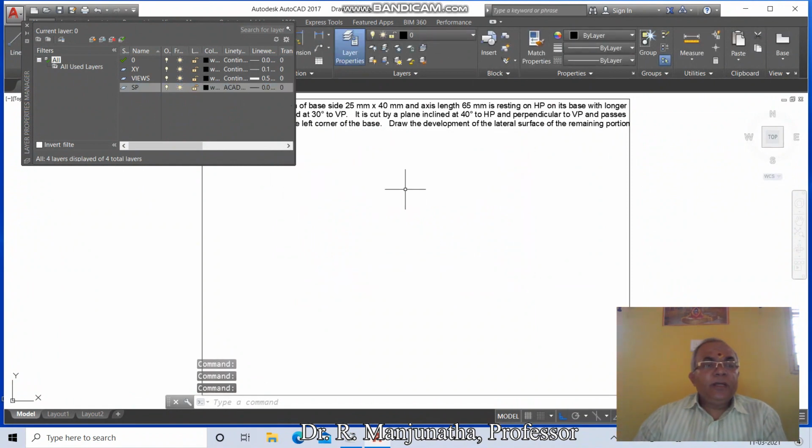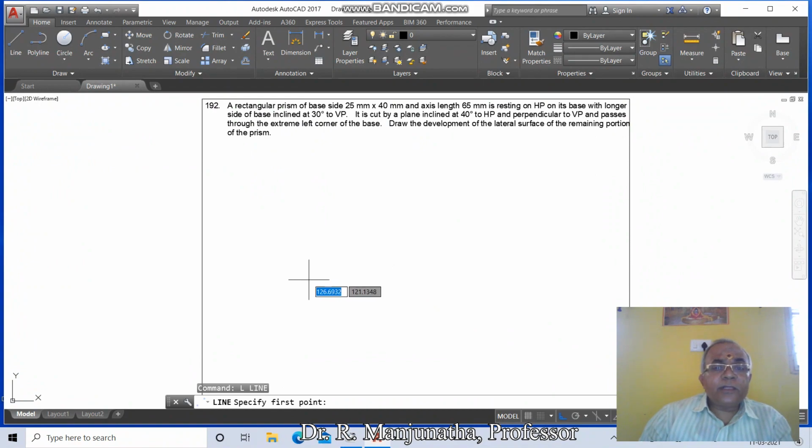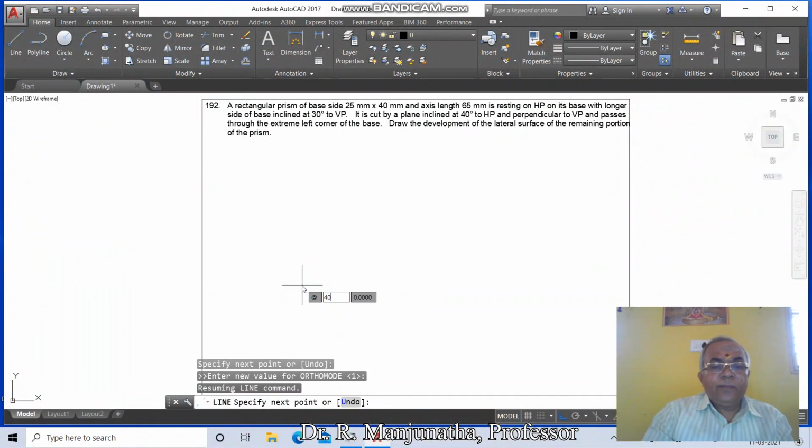So this is how you will be able to get this. Then close the layer command.